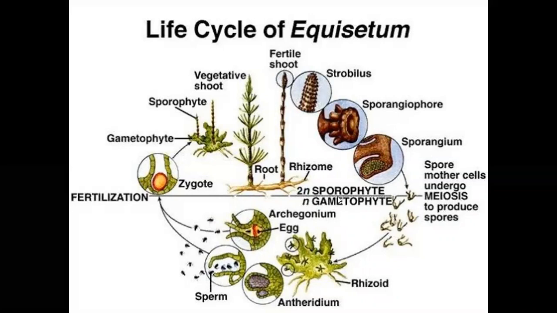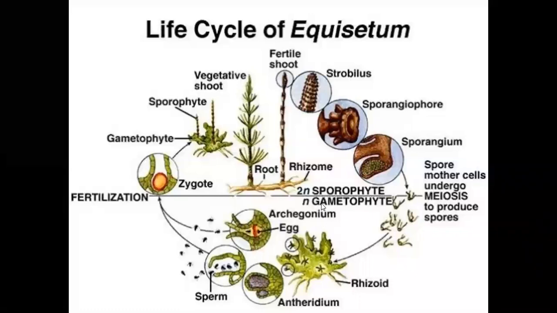Deposited on the moist surface, the spore develops into a haploid gametophytic thallus. The haploid gametophytic thallus is dorsiventral. The dorsal side is completely green in color and prepares food material by photosynthesis. Rhizoids are present, which mainly help in absorption of minerals and water, and in fixing the gametophytic thallus on the soil surface. At the matured stage of this gametophyte,